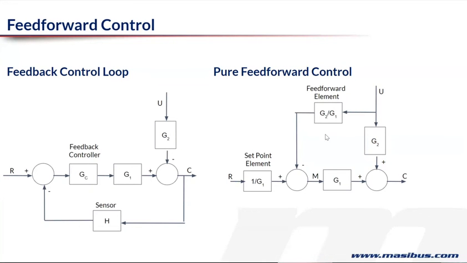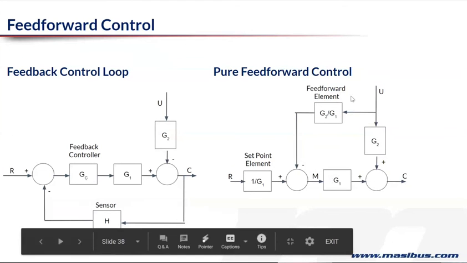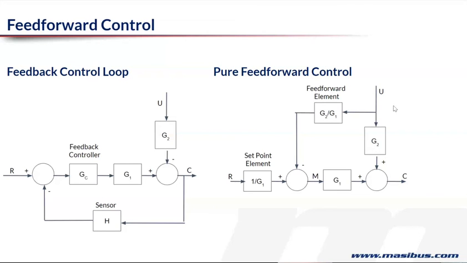So here what you see is there is one more element which comes in, which is to measure the disturbance. We saw in the steam heater that if the flow of the media you are trying to heat changes, it has an effect on the outlet temperature. So what do we do here? We measure that flow and apply a correction so that it doesn't have an effect on the outlet temperature, right? And how do you apply that correction? Through this feed forward element.